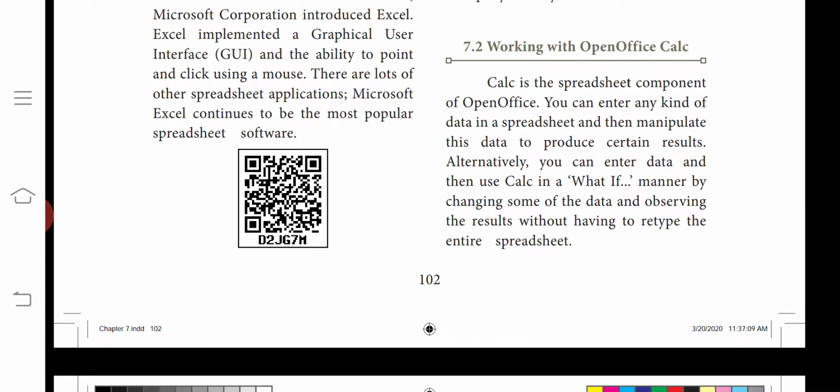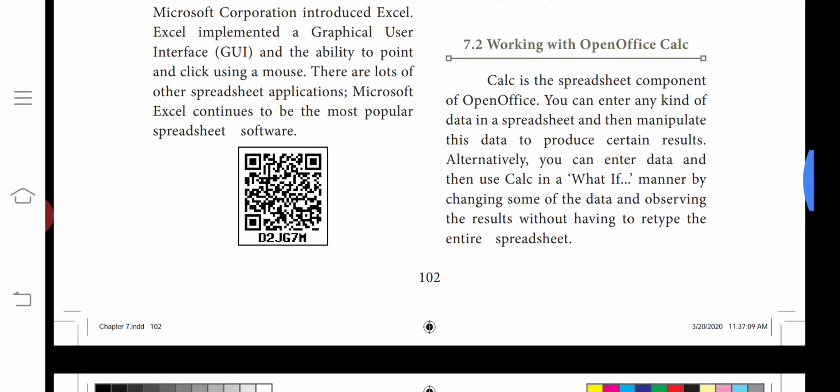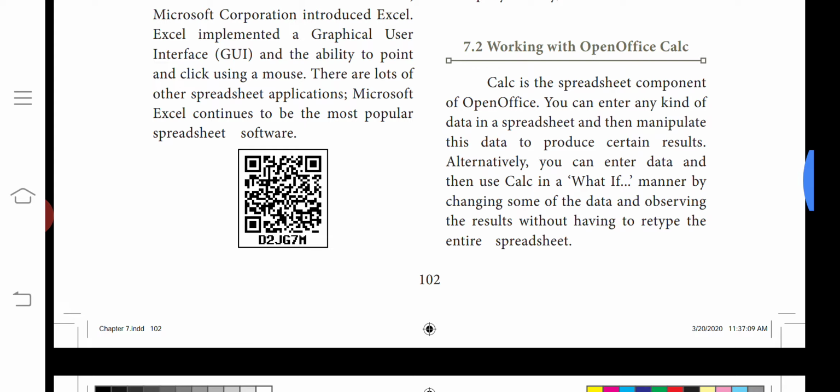OpenOffice Calc is the spreadsheet component of OpenOffice, and you can enter any kind of data in the spreadsheet and then manipulate this data to produce certain results. We can enter data and calculate it to get the result.